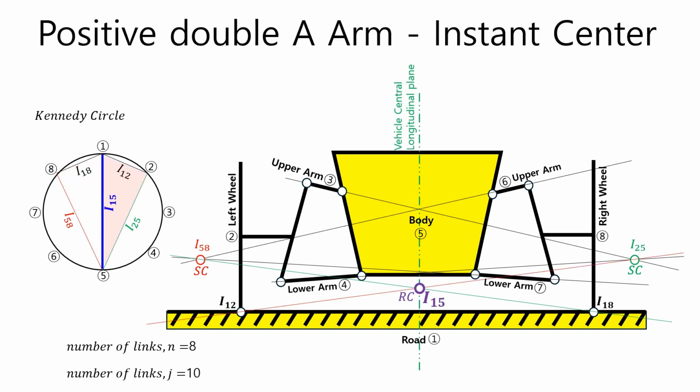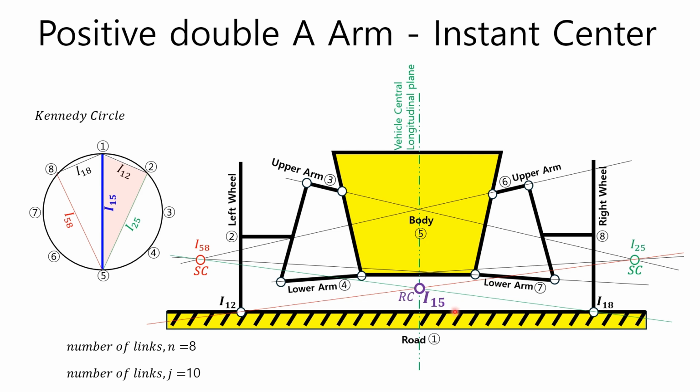Next, the three instant centers of the right triangle in the Kennedy circle must be in a straight line, so draw a red line connecting the instant center I12 and the swing center I25. The instant center I15 must be somewhere on this red line according to Kennedy's theorem. We found the green line for the left triangle of the Kennedy circle earlier. The intersection of these two lines, the green line and the red line, is the instant center I15, which satisfies